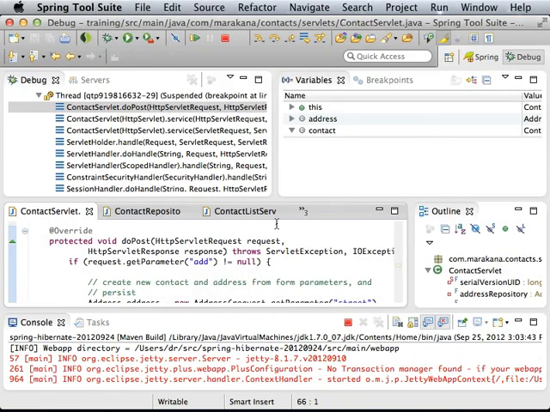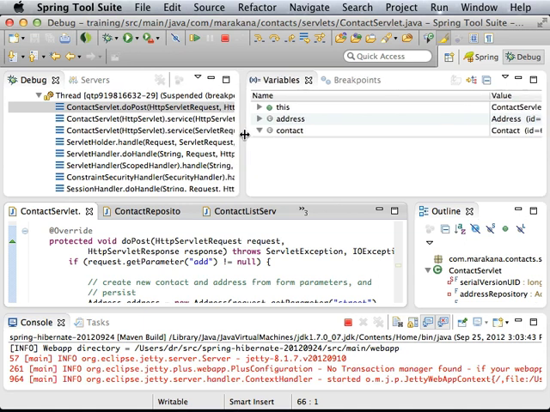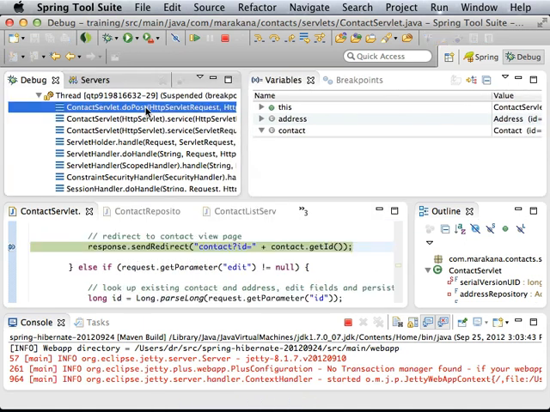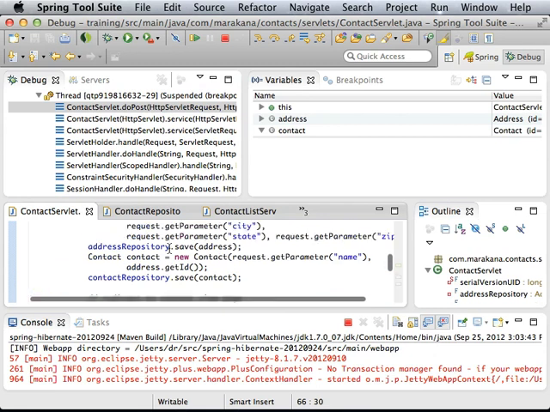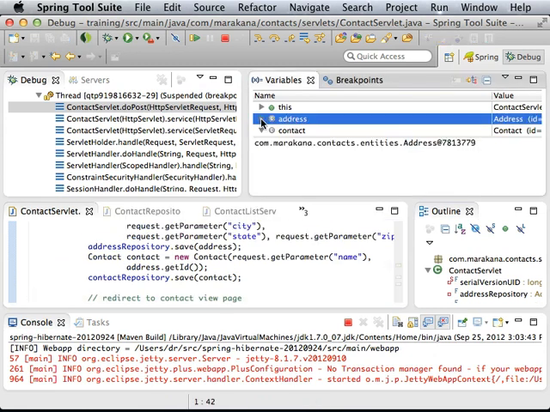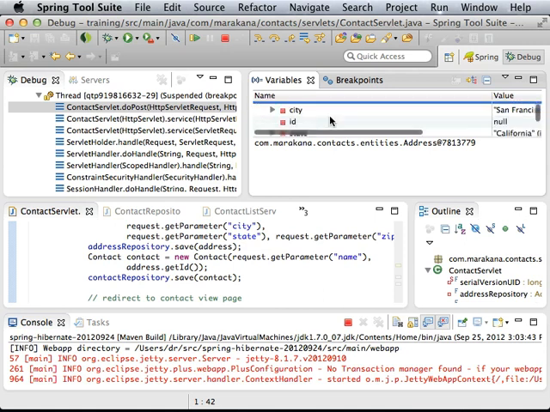Here we go. Sorry, my screen real estate is a little limited here, but hopefully you guys can see that we're in doPost. We're about to send this redirect. Contact object. And what we want to look at is the address object and the contact object, right? So address has the city and the state and the zip, all that stuff, but it doesn't